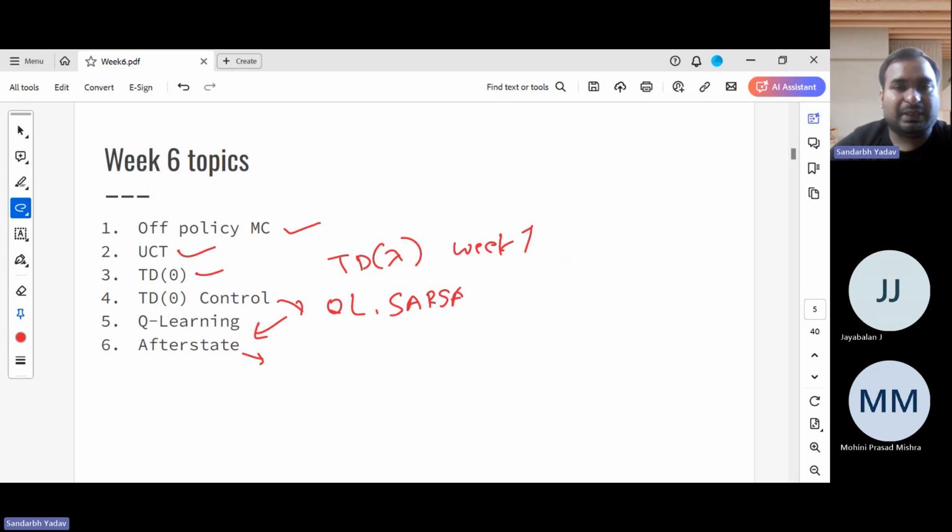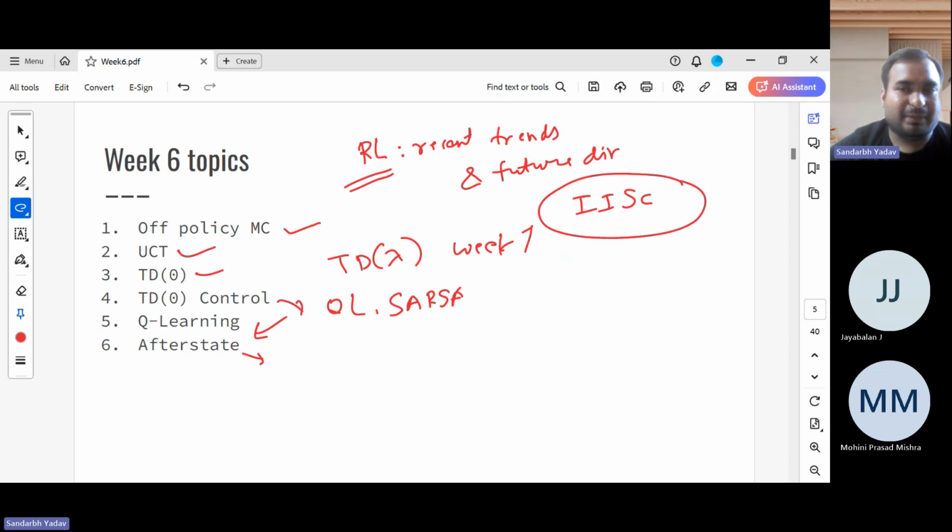Before moving to our usual content, I'd like to mention one thing. Last week, I went to a workshop which was actually on RL itself: what the recent events are, what the current popular research areas are, and also the future direction. This happened at IISc, and luckily they have made the recordings available on their YouTube channel. Just search CSA IISc, this is the computer science department there, and then go to the live section. You will find the recordings of those videos.